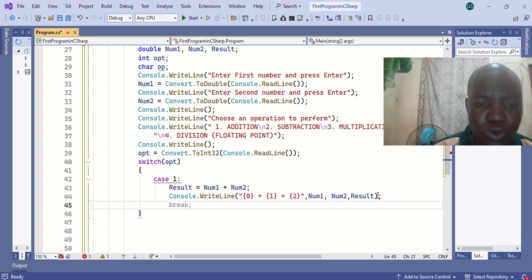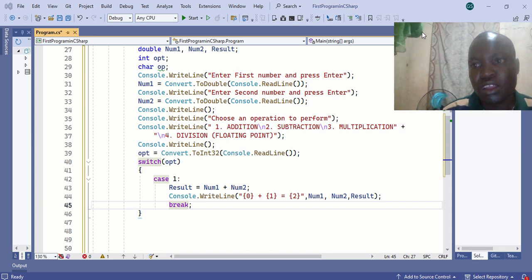Then you need to know that every case statement, every case should end up with a break. That's the C sharp style. It differs from other languages like C++, where if you leave the break, it's not a problem, but when running, it will